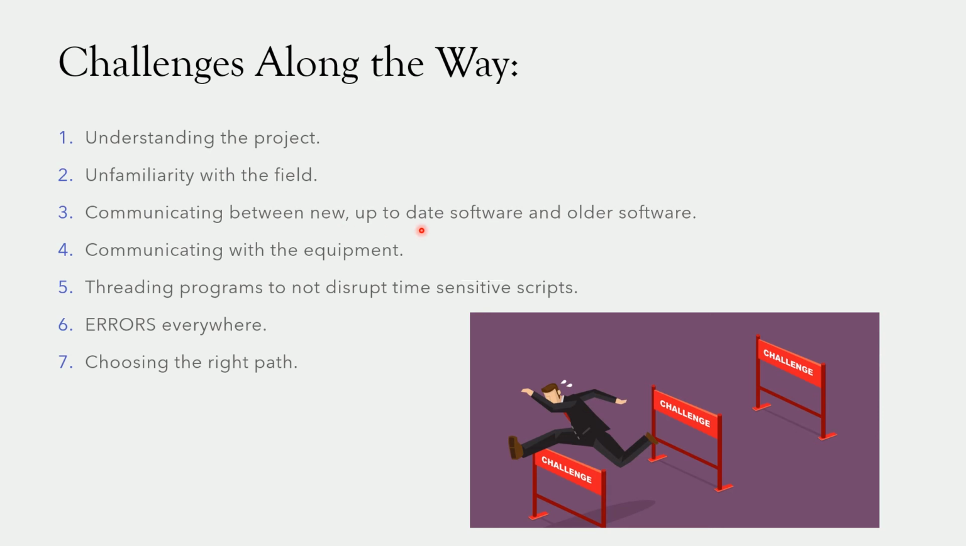Communicating between new, up-to-date software and older software. This was a huge problem with the GUI and continues to be a problem even with the finished product. The Copilot software that GE uses to run their tests is fairly old now. Trying to communicate with Python version 3.8 scripts and Python version 2.7 scripts has very, very long lists of